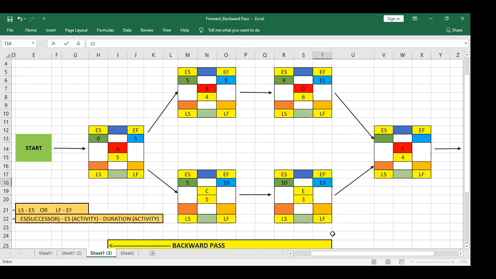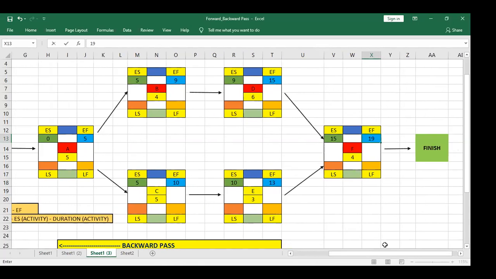When we are converging in the forward pass, we have to select the greatest value. Which one is greatest among 13 and 15? 15. So the greatest value will go forward in converging. So 15 will come here. 15 plus 4, 19.